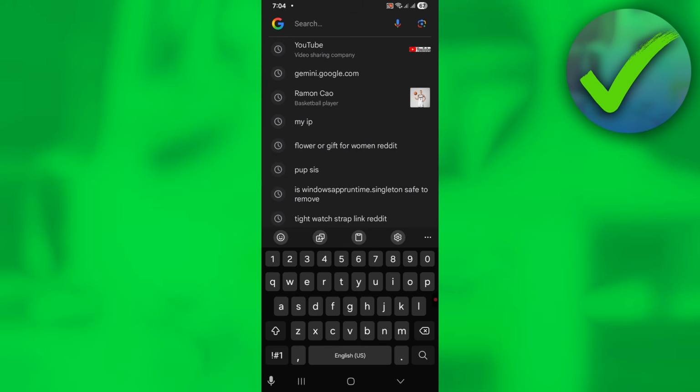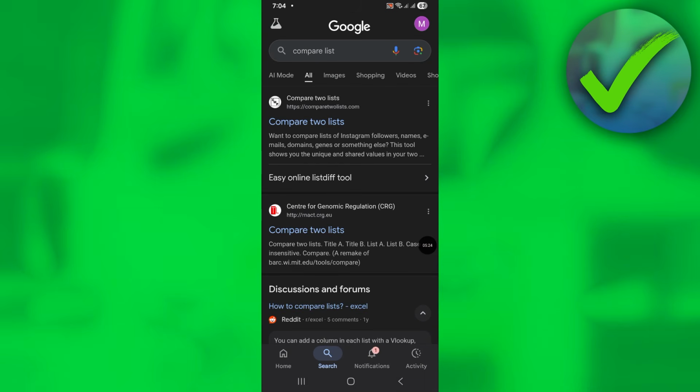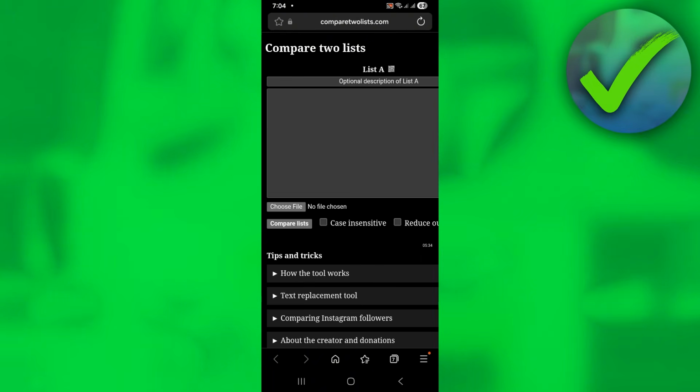Now, once you have now confirmed that it is on your phone or device, just go here on your Google search, and then on your browser, just search for Compare List. After that, just click on Search, and then in this part, just click Compare to Lists. So just click on Compare to Lists right there. And then once you are now in this website, what we are going to do is to just click the